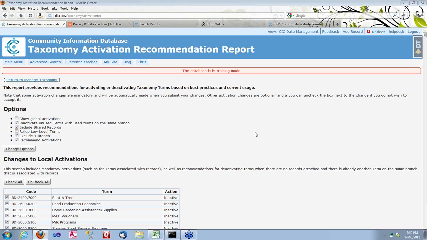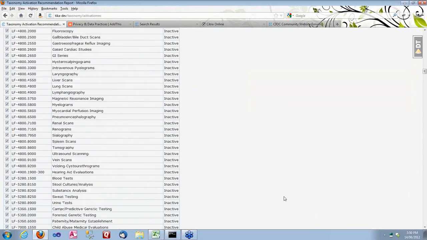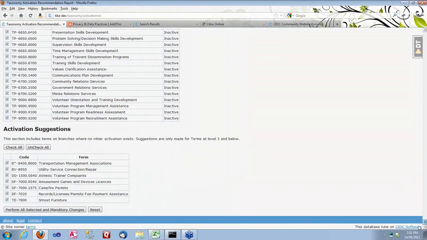It uses those rules to make recommendations to you about what to activate or inactivate. Depending on the state of your database and how closely you tend to work on your activations, your report may be really enormous, like mine. Mine in this database is humongous because obviously this being a test database, I don't tend to do a lot of